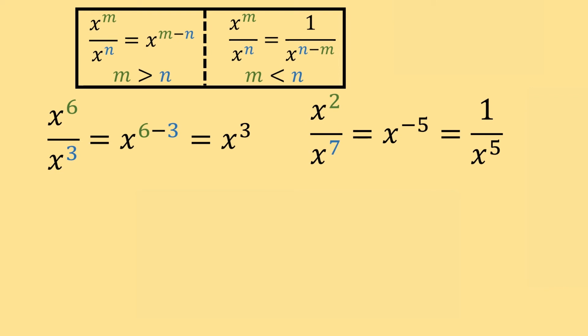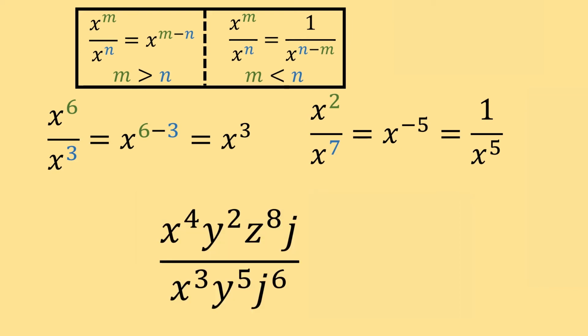So let's simplify one more expression that allows us to use these two rules. Let's consider this example here. Since everything is multiplied together, we can use the property introduced in this video in order to simplify this. In other words, let's just look at our powers of x in the numerator and the denominator. It looks like we have x to the 4th over x to the 3rd, and that would fall into the category where the power in the numerator is larger than the power in the denominator, so we'll use this first rule, and that's going to give us x to the 4 minus 3 in the numerator, and since 4 minus 3 is 1, we just get x to the 1 power.